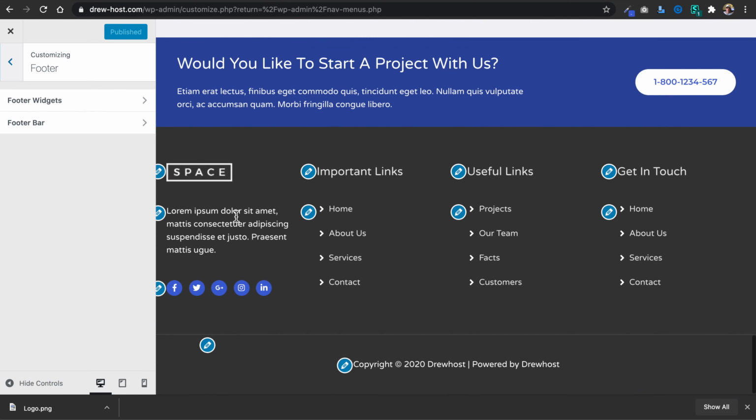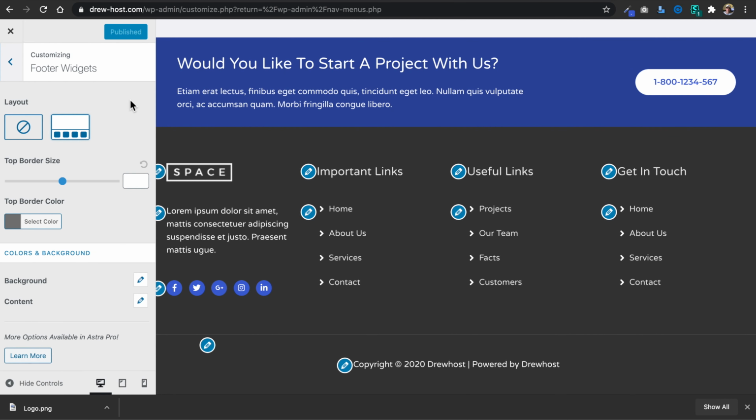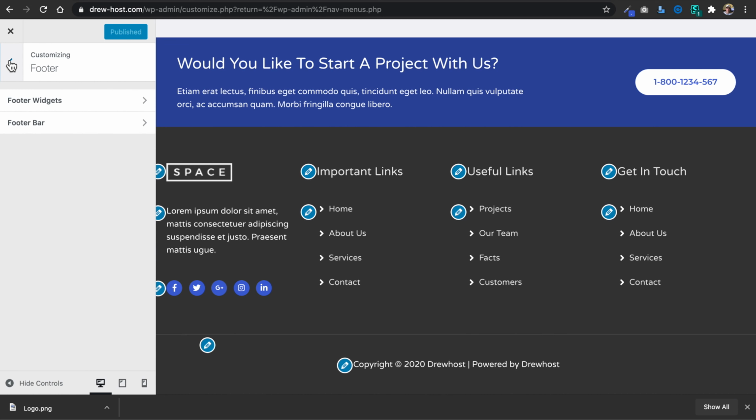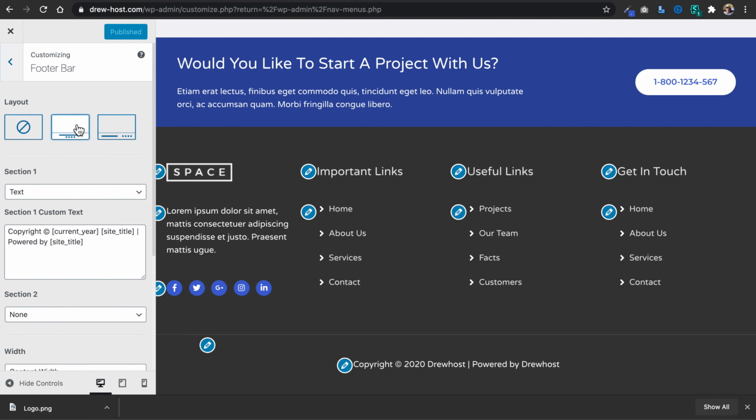So we can always access the widgets through the WP Admin dashboard on the left-hand side underneath Appearance, but we're going to edit the widgets here using the Astra settings in this case. Before we get to actually editing the footer widgets, let's edit the socket, which is the info at the very bottom of the website. So in this case, they're calling it the footer bar, and I'm going to remove the